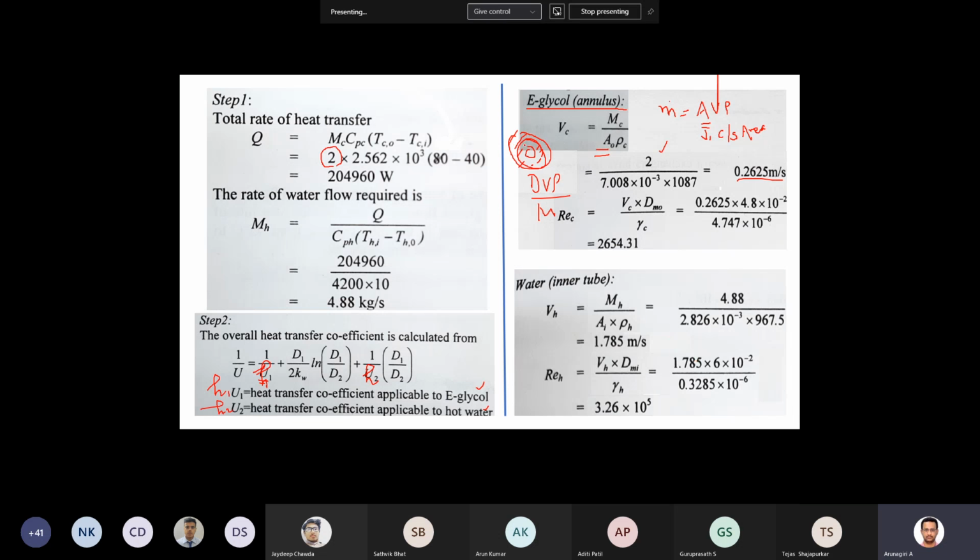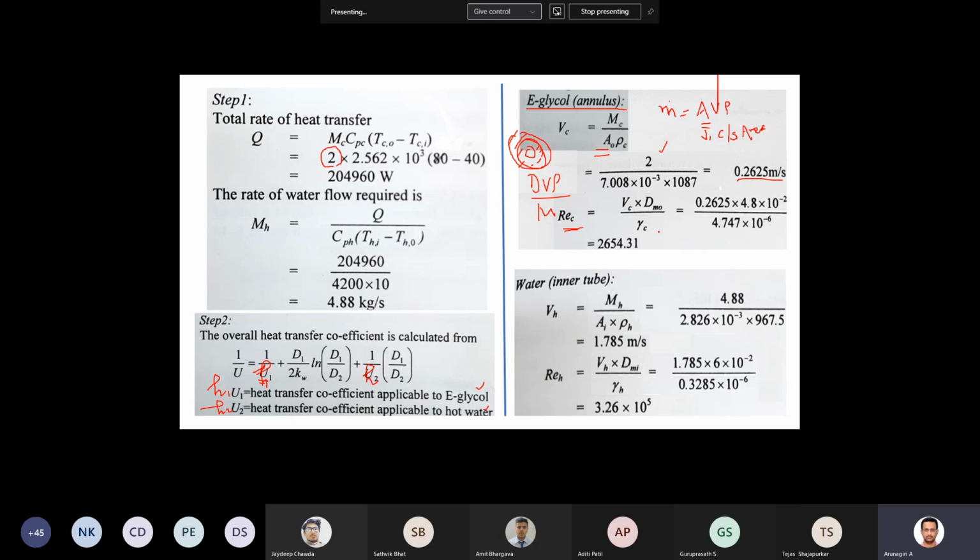In this case, the flow area is pi by 4, this is the area, whatever we calculated, (d_s square minus d_1 square), divided by the heated perimeter. This is heat transfer, no? So only this one. So if you take that, you can calculate this D. Okay. So here you can calculate the Reynolds number.